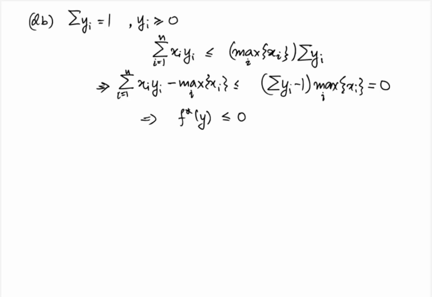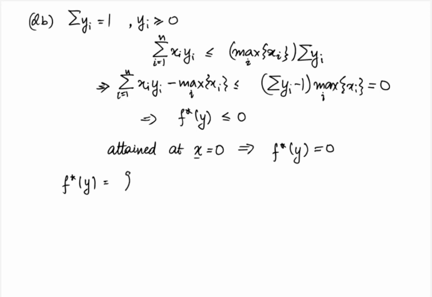In other words, the objective function is upper bounded by 0 and that value is attained for the choice x equal to 0. This implies that f star of y is equal to 0. In summary, the conjugate of the max function is equal to f star of y equal to 0 if sum over i of yi is equal to 1 and yi are non-negative, and infinity otherwise, which is basically the indicator function